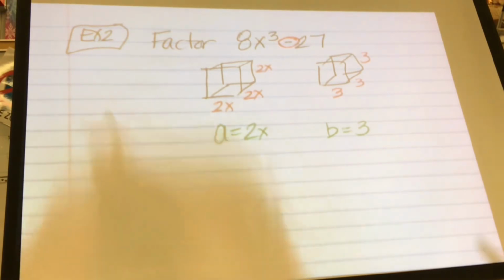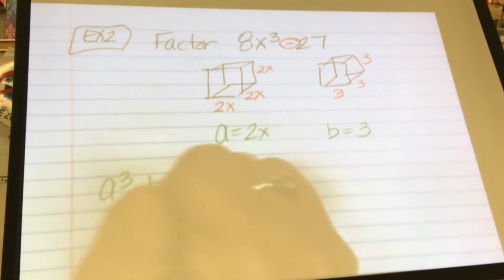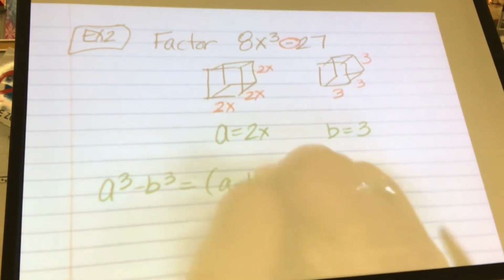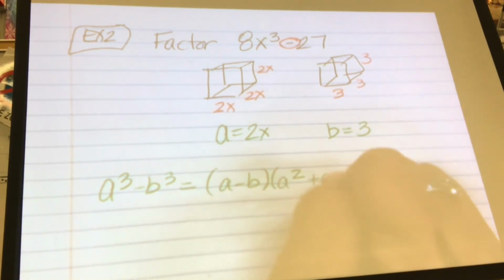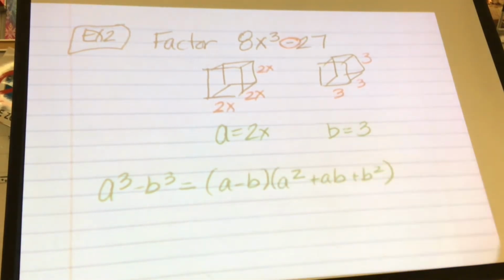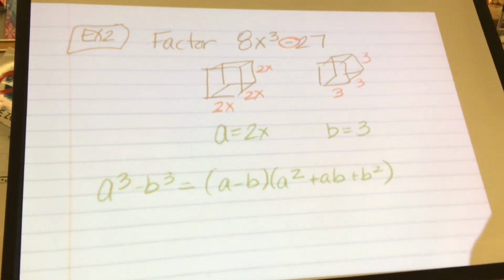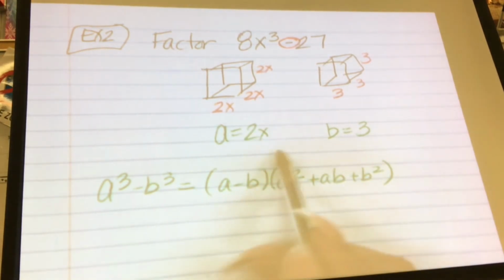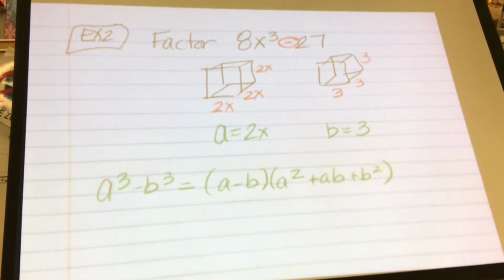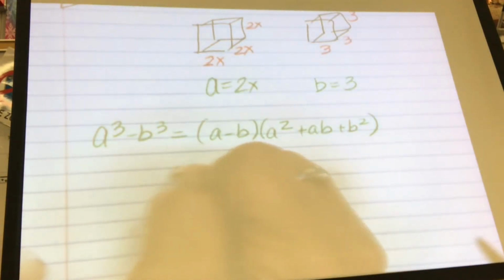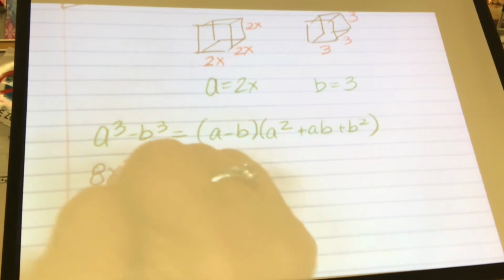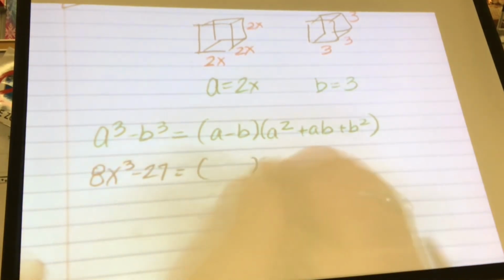So that means I'm going to use the A cubed minus B cubed, and that's going to be A minus B, times A squared plus AB plus B squared. Now everywhere I see an A, what am I going to plug in? 2x. Be careful. Everywhere I see a B, what am I going to plug in? 3. Nicely done. So 8x cubed minus 27 is going to factor to